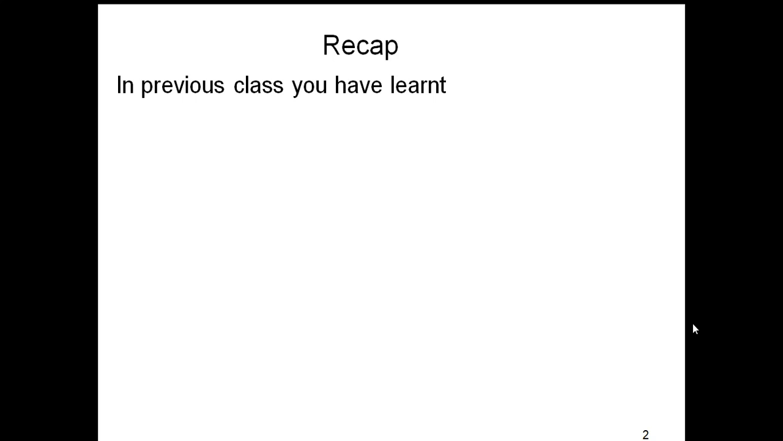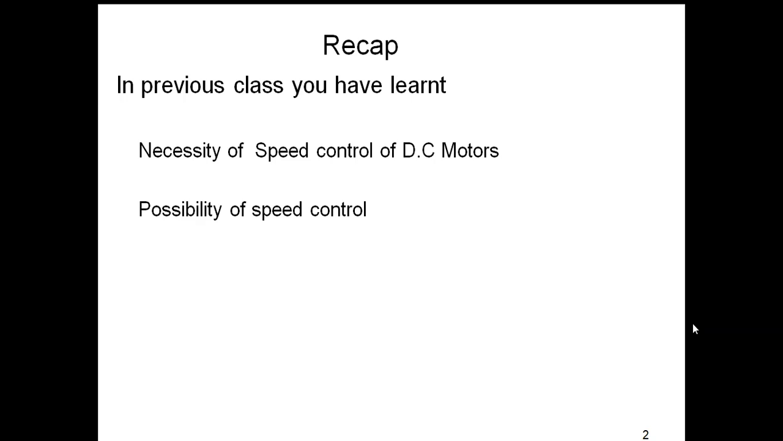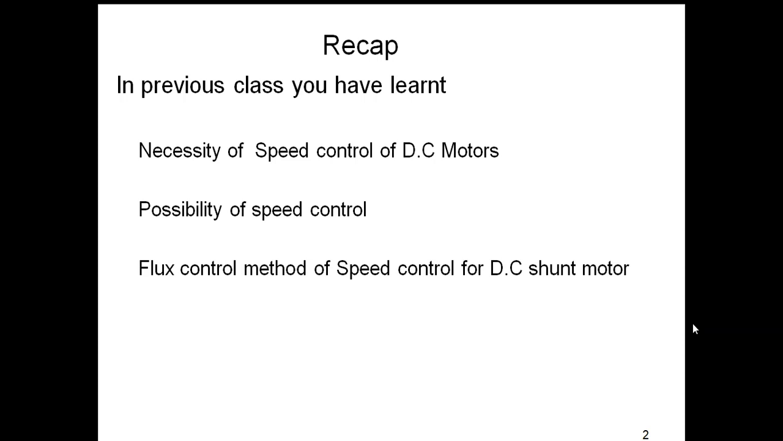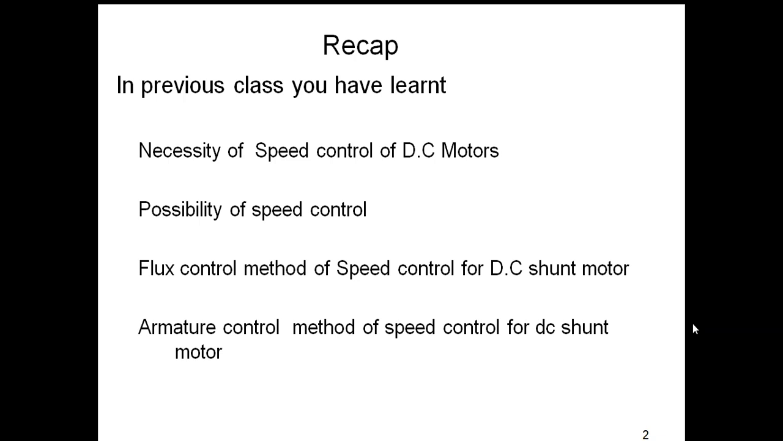In the previous class, we have already learned about the necessity of speed control of DC motors and the possibility of speed control of a DC shunt motor, and we have also already learned about the flux control method of speed control for a DC shunt motor, and the armature control method of speed control for a DC shunt motor,